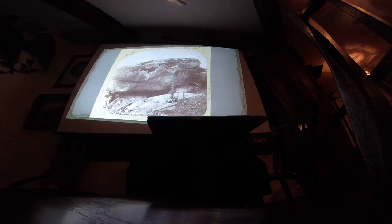Most of the series is rocks, Devil's Den, and rocks on Culp's Hill, and rocks in Rock Creek. And this is the one I have the stereo card up here tonight from, and it says, of course, this one with the Tipton label on it, large boulder, Devil's Den. But the original caption is Table Rock,